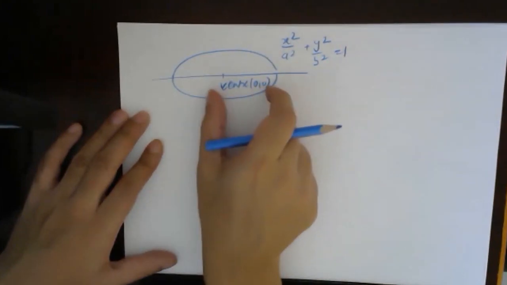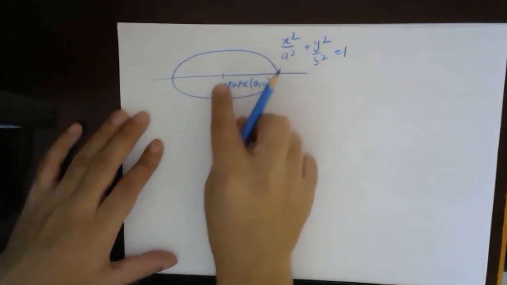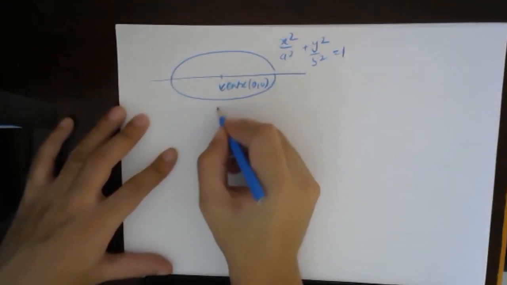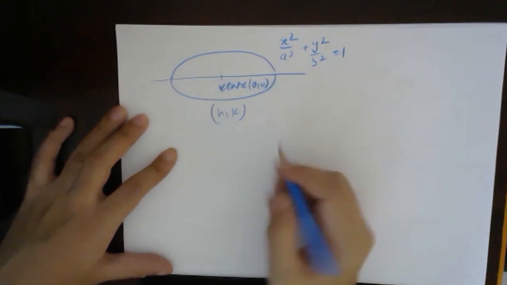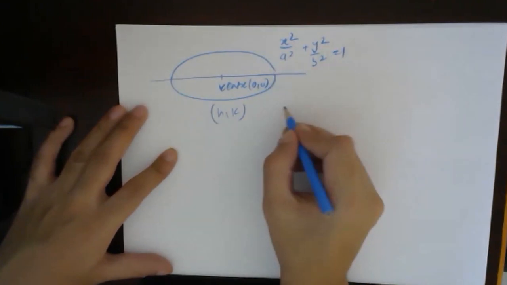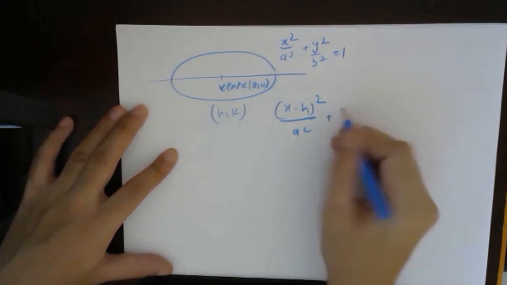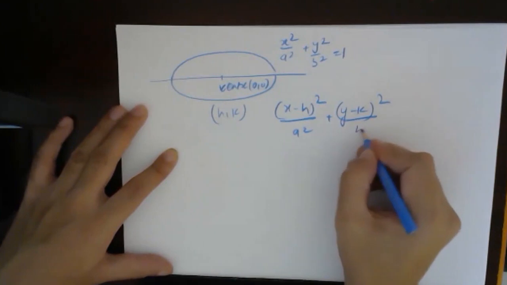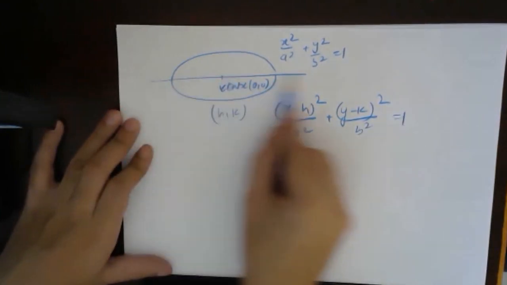Okay. So if the center of the ellipse is shifted, so suppose instead of 0, 0, you have been given h, k. If you have been given h, k, then what will happen? The equation of the ellipse changes to x minus h whole square by a square plus y minus k whole square upon b square is equal to 1. And the major axis will be parallel to the x-axis.